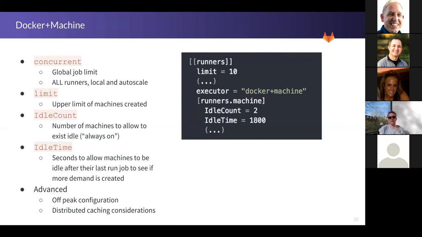Yes, of course I have questions on that one, Brendan. According to the documentation, in the runners.machine section of that YAML file, you can provide machine environment variables. Correct. So you can put stuff into the machine environment.